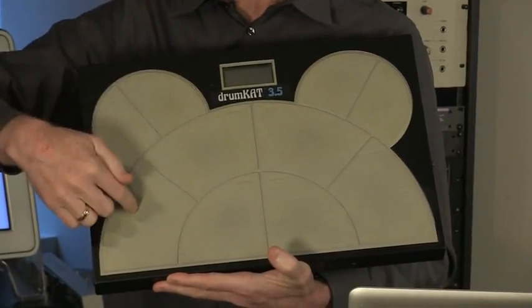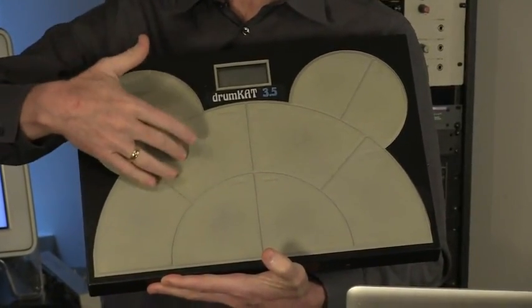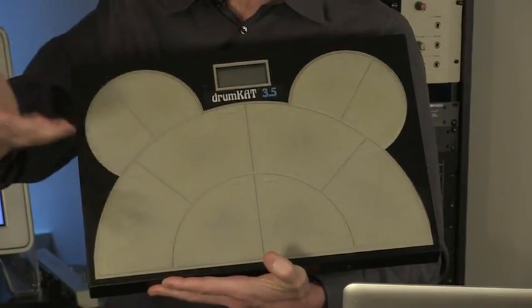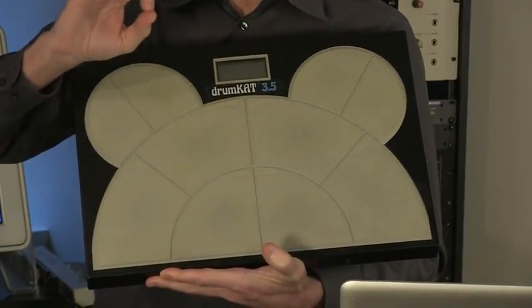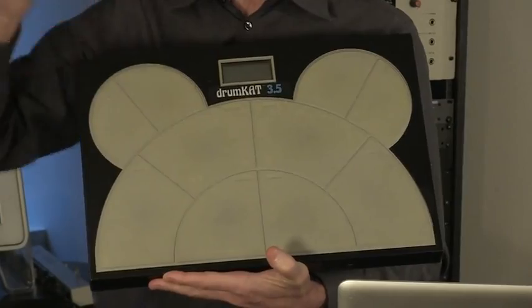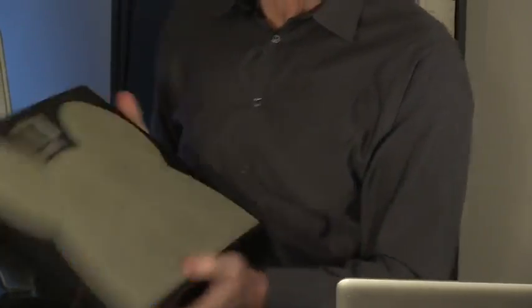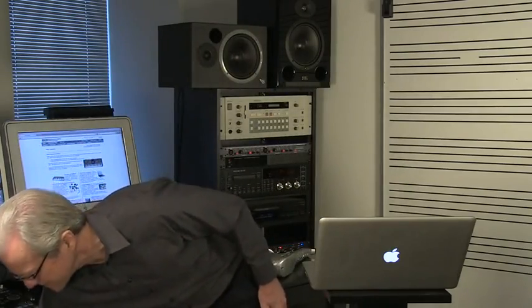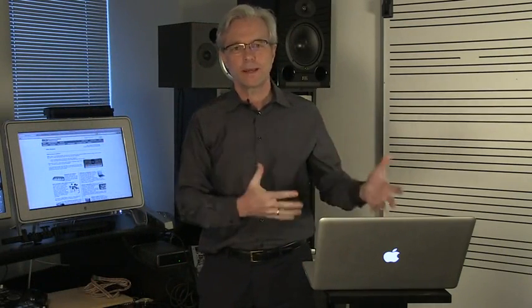Or you could assign these pads to some other kind of sound, a marimba sound or a saxophone sound or any kind of sound that you want, because MIDI is not containing sound, it contains just information about the sound. So the idea of MIDI controllers is an important part of working with MIDI. You want to explore what kind of controller you could have to best